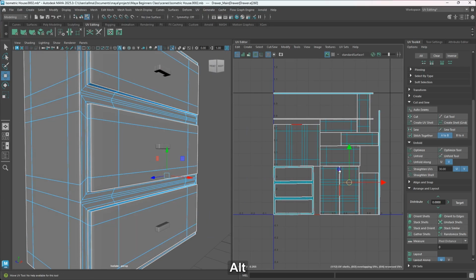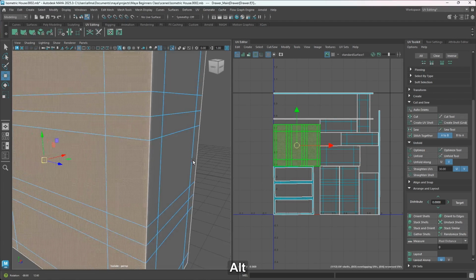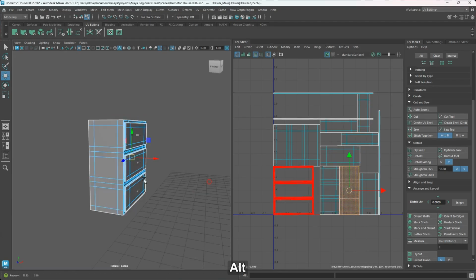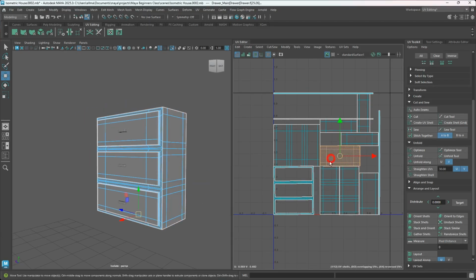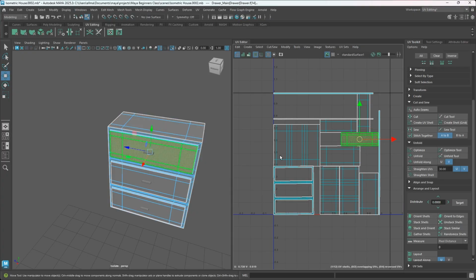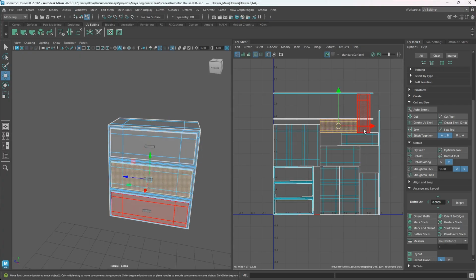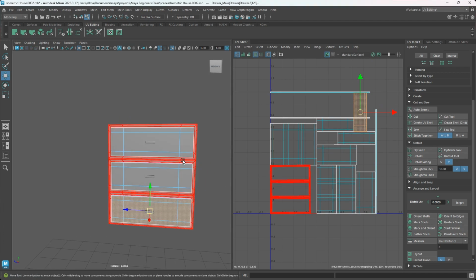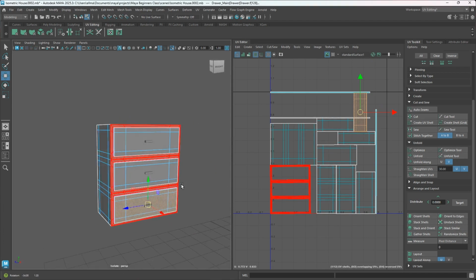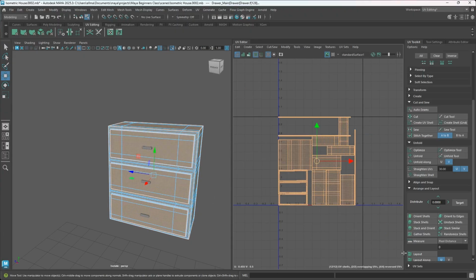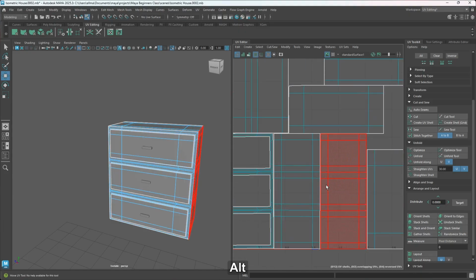So let's go into the shell. We have this as the whole back. Then we have this as one side, this as the other side. This should represent the bottom. And this should represent the top. This should represent the front. Okay. And for all this, we have this. Okay, that is fine. So now I can just select everything, layout,